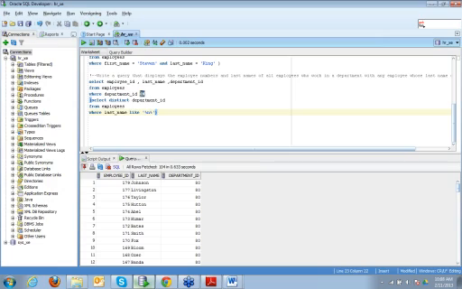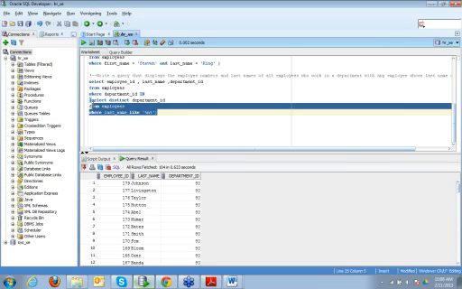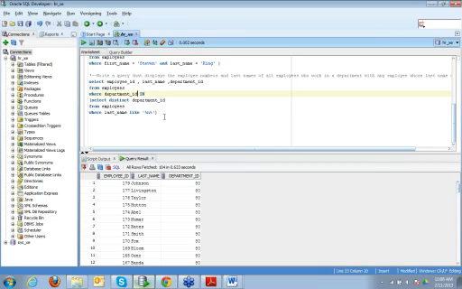Here we are not comparing just one value, we are comparing with multiple values. How does it work? It works like where department ID is equal to 80 or department ID is equal to 50 or department ID equal to 60, 100, 20 and 10. These are all the values which can be put. It creates a kind of set, and then you can do the operations.